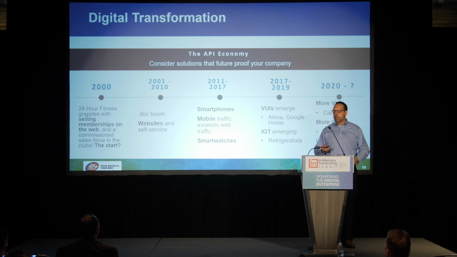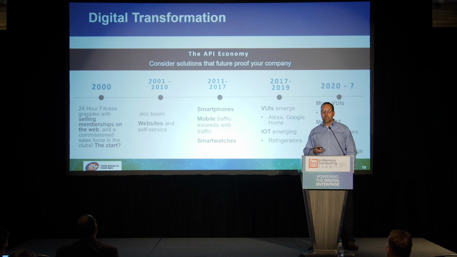It started slow. But the point of this slide is to show that we're evolving, and then I'll make a case of why the grid is a future-proof solution. Like I said, in 2001 to 10, we had websites, and so maybe you started creating APIs then, maybe you didn't. But then you started getting smartphones, and you started realizing, oh, we've got a mobile app and a web app, and everybody's kind of doing the same thing, and our employees need to do some of the same things.